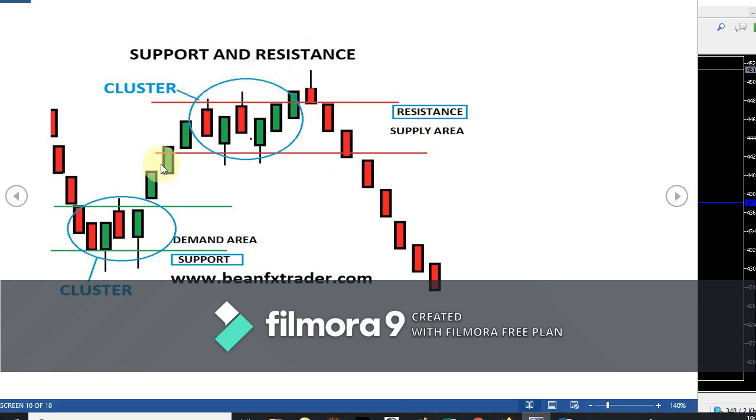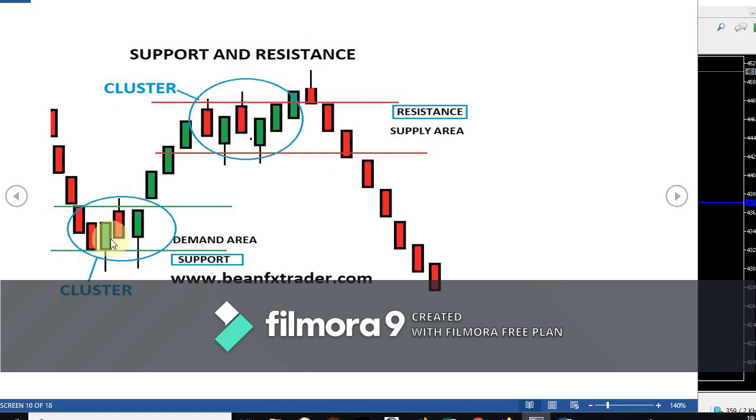Now look at another illustration here. You have a cluster of price ranging from where price descended here. Now it ranges at this particular point where you have a kind of battle between the force of supply and demand, where you have the bulls struggling to reverse price here. So this particular place, let me call it a fight or battleground, can be called your support area,